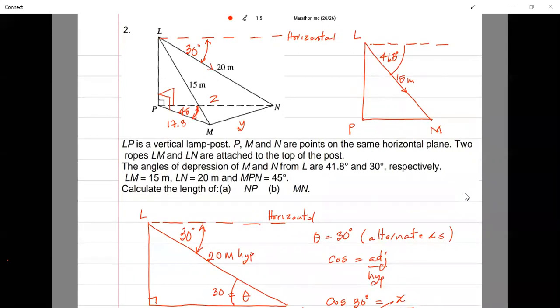Anybody? Let me know. Remember, in order for you to use calculation to find something about a triangle, you must first know 3 things. I knew that the angle on the ground is 45 degrees. I know that this side, PN,